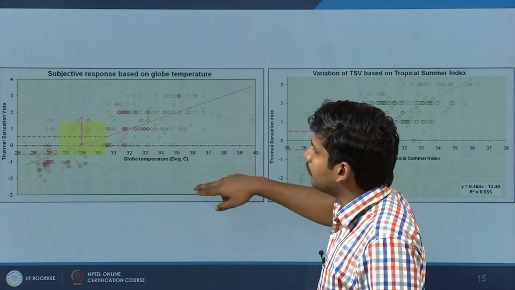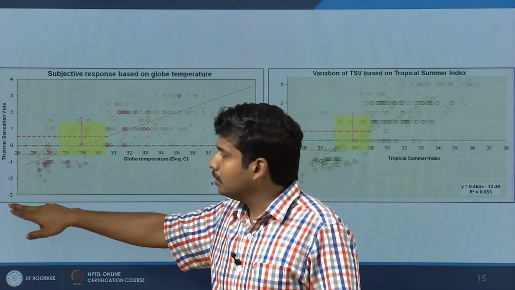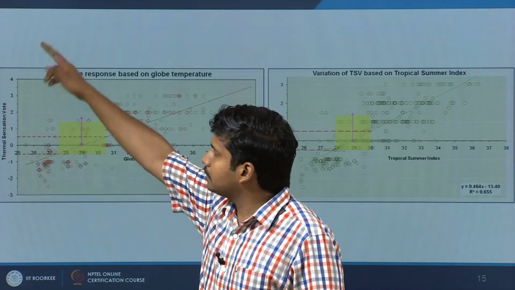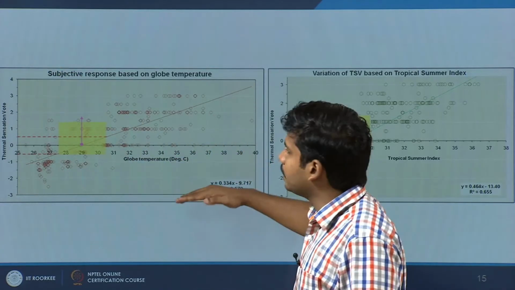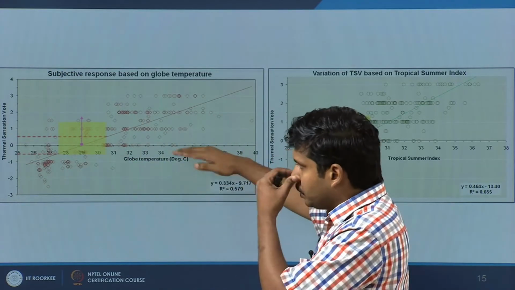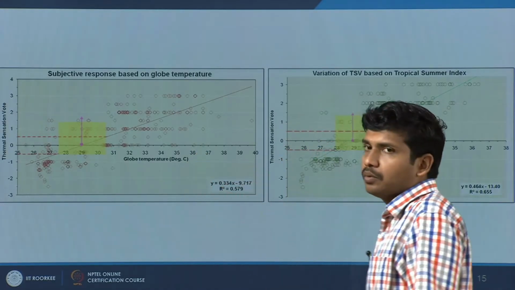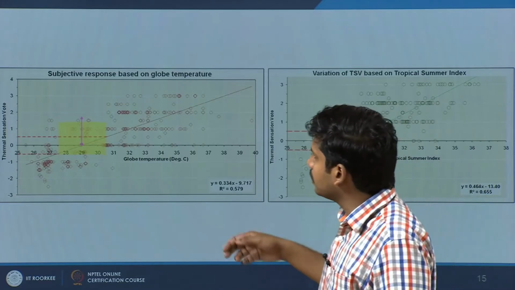It does not of course come down, which means this is cold, this is cool, and cold and very cold, this is on the hotter side. You do not get the colder responses at this particular temperature. Of course at 36 degrees nobody says I am feeling cool, which means there is an anomaly in the measurement.